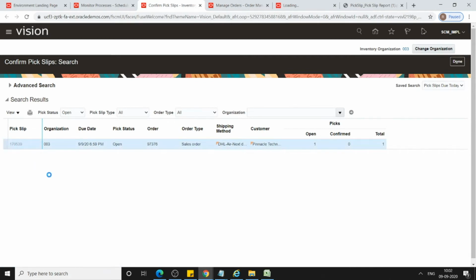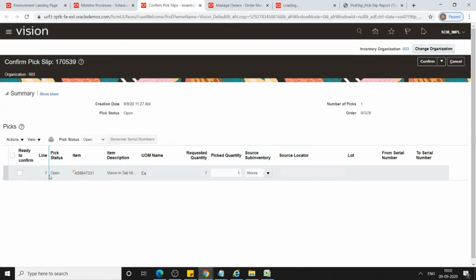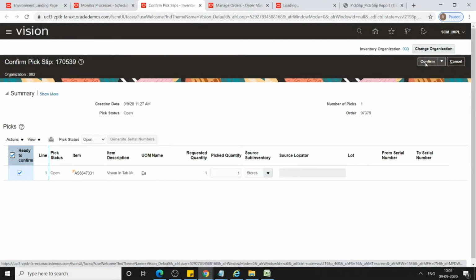Click on this pick slip number and select the quantity from stores, because in 003 the quantity is available in the stores subinventory. Then if you click on confirm, the pick confirm will happen.